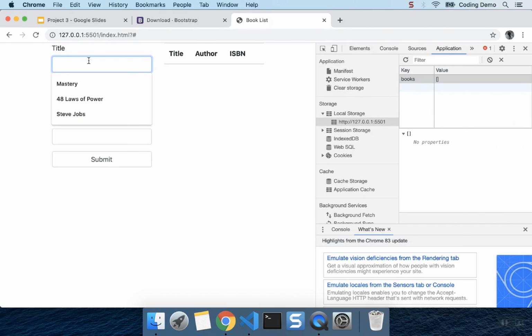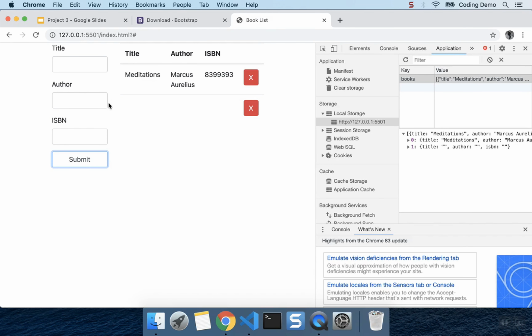So I'm going to be adding some different books now. I'll say Meditations, Marcus Aurelius. Let me add some fictitious ISBN. Alright, so it works. So it added a blank